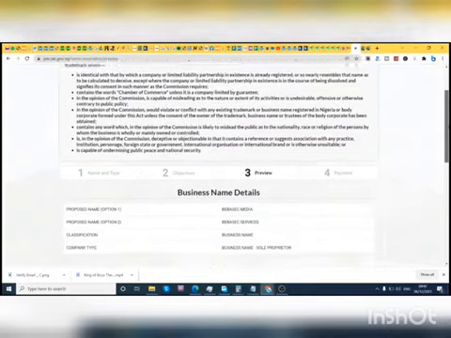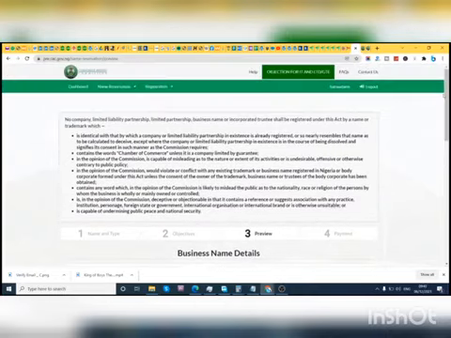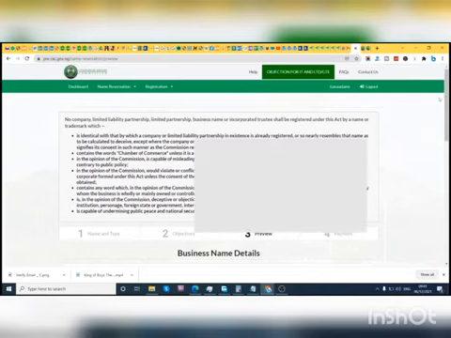So basically, this just previews. So now the third one is preview. Basically, it just gives you an idea of what you've done, so you can check if all the information is correct. If there are one or two mistakes, you can go back and make edits. And once you're done with that, you can